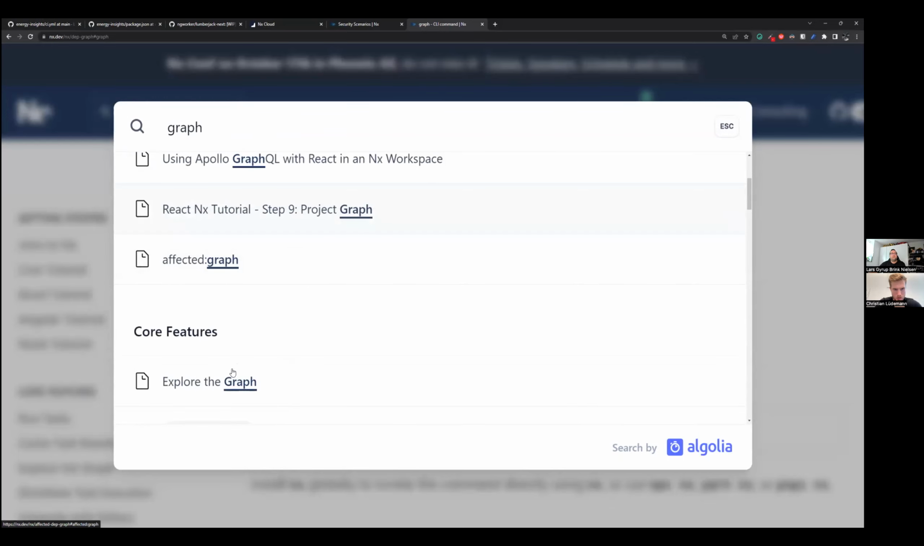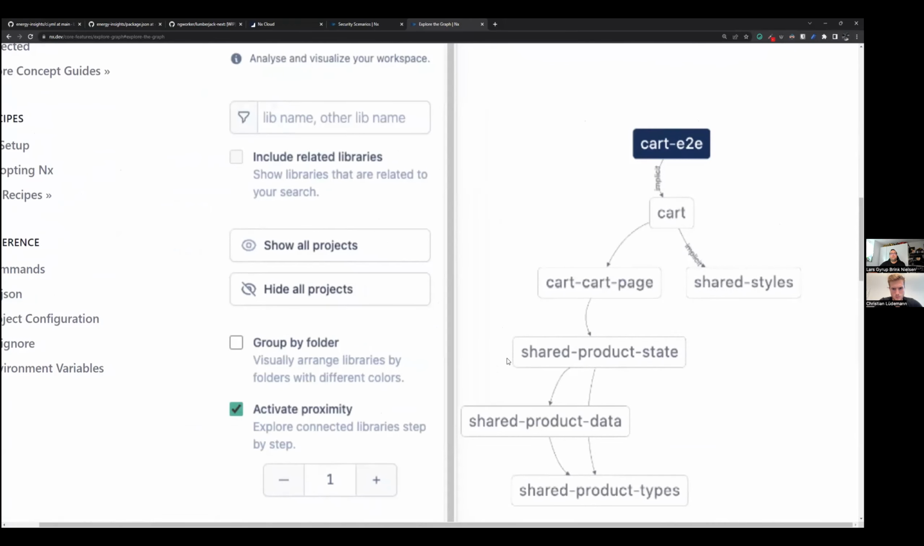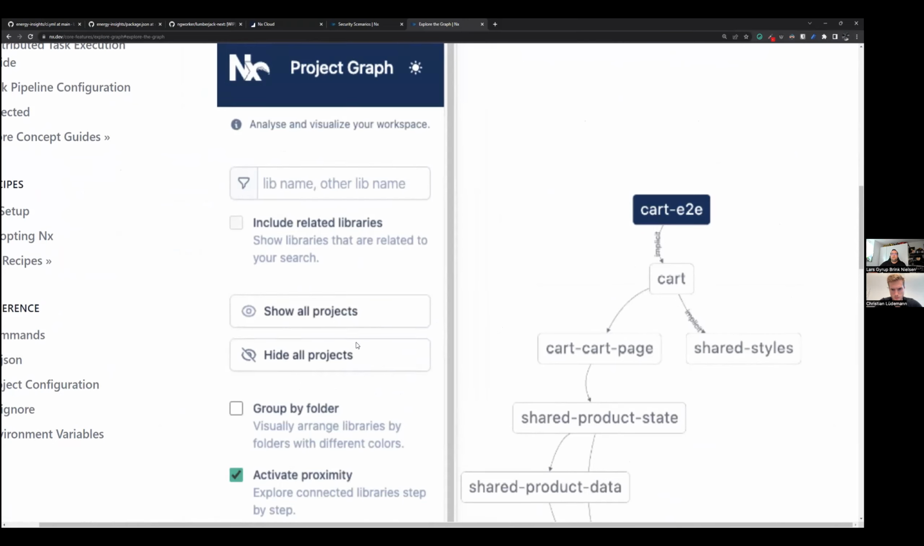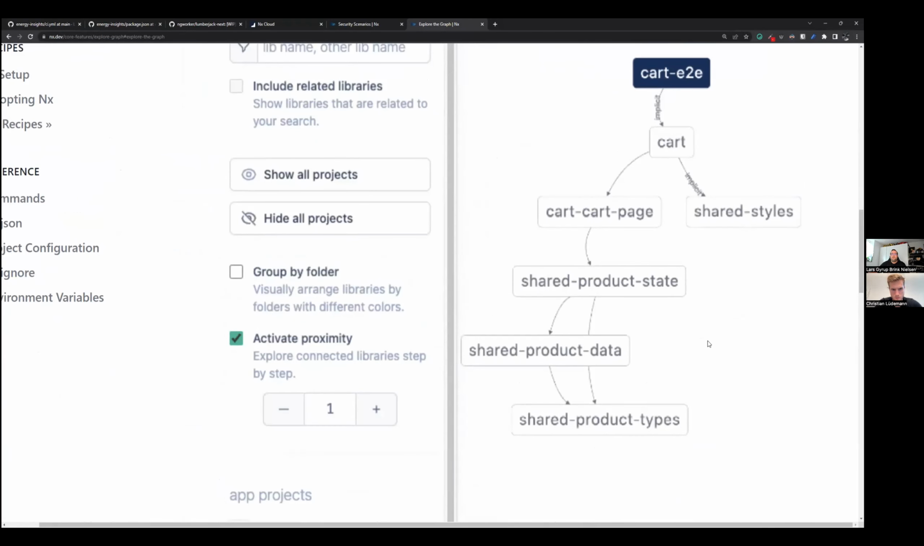Maybe here in the tutorial, explore the graph could be it. Here's an example. It might not be the latest UI, but it looks something like this, where we can see all the projects in our NX workspace. We can click it, and there's grouping and filtering and stuff like that. It's very helpful to explore a workspace, and it can give you a visual representation of the changes in your